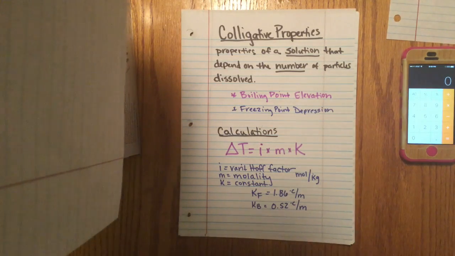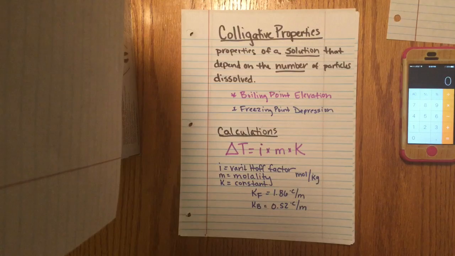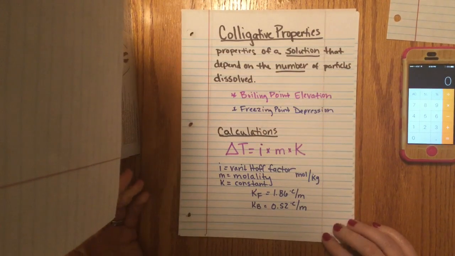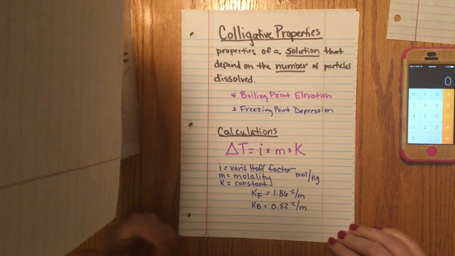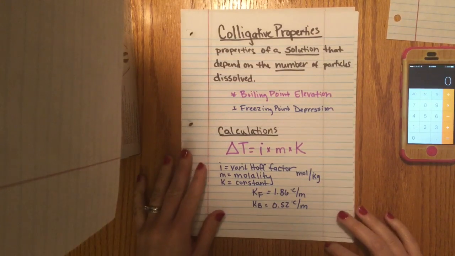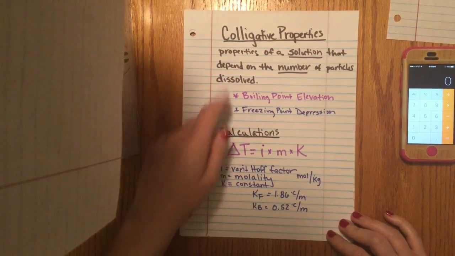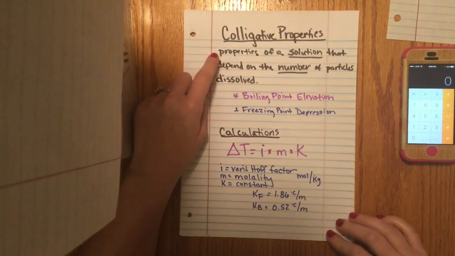This video is about calculating freezing point depression and boiling point elevation based on colligative properties. If you're not familiar with colligative properties, you may want to go back and watch the intro video on what colligative properties are, but just as a quick recap, colligative properties are properties of a solution